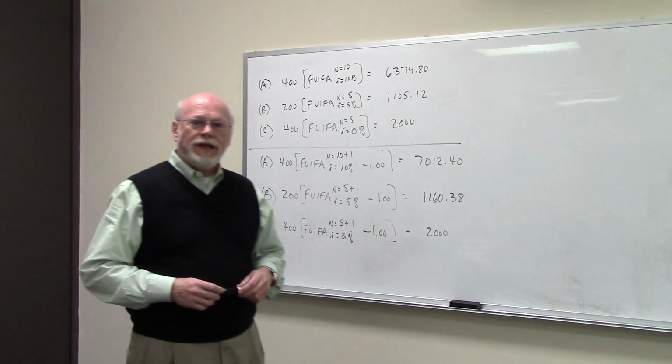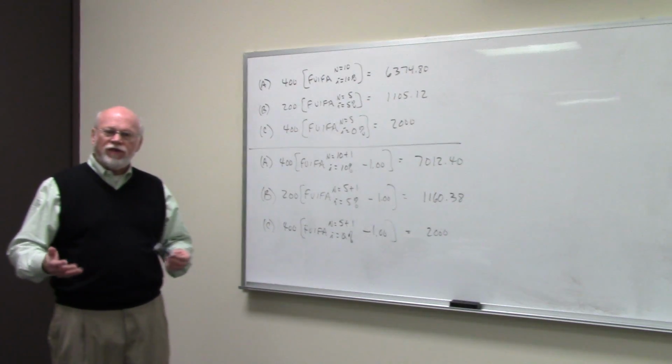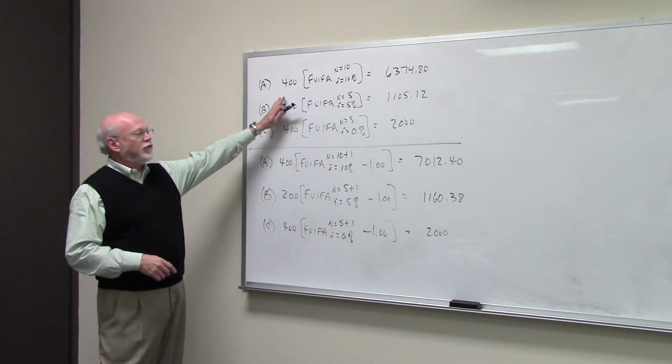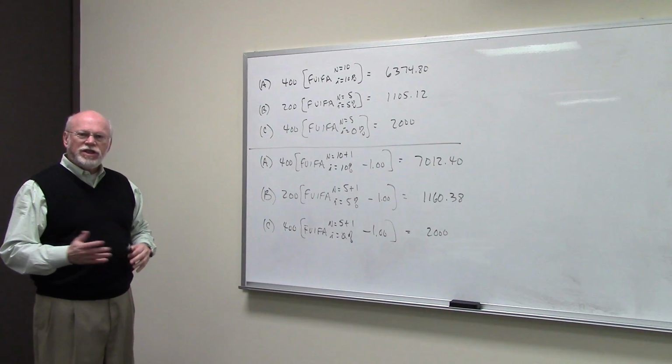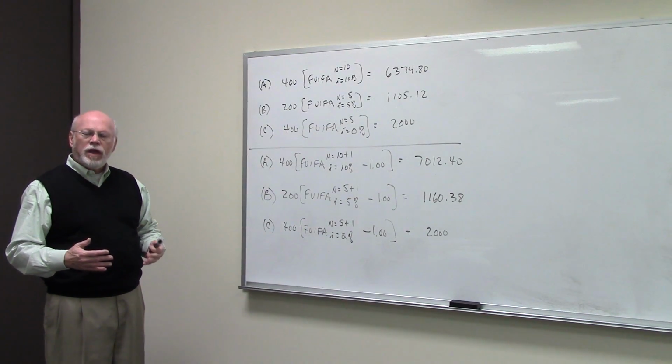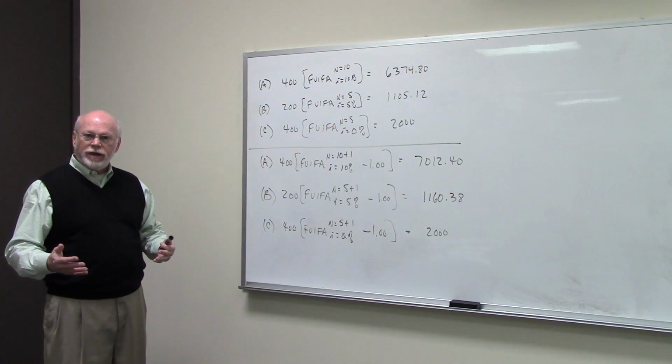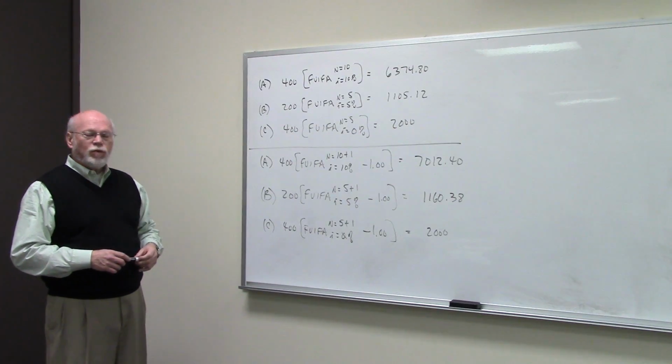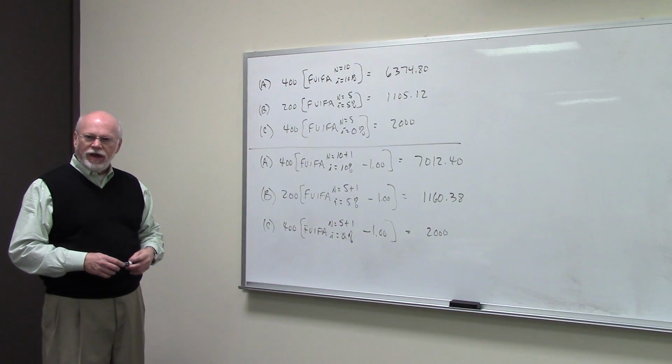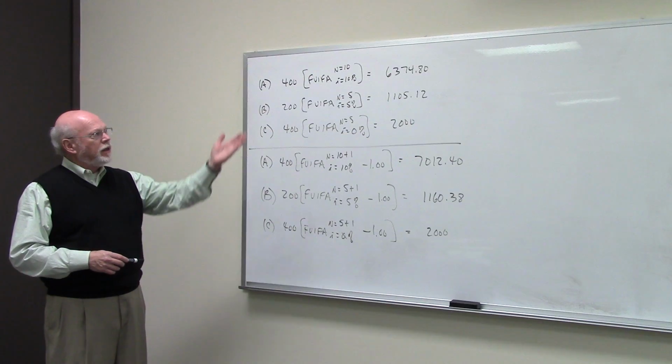Now, the first annuity that they tell us about, that they want us to find the future value of, is a $400 annuity received every year for 10 years. The reinvestment rate is 10%. So if you multiply $400 times your FVIFA at 10 and 10%, you get